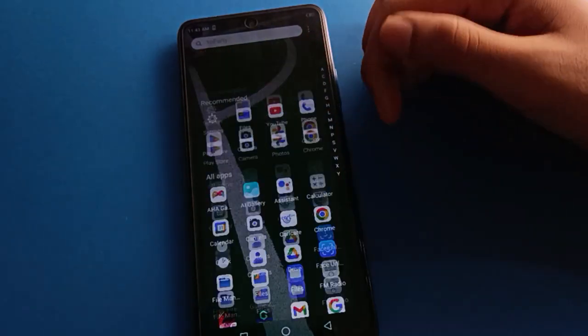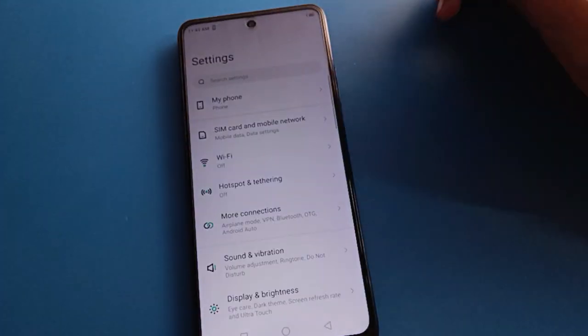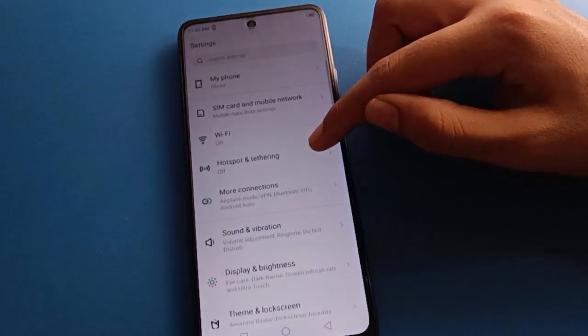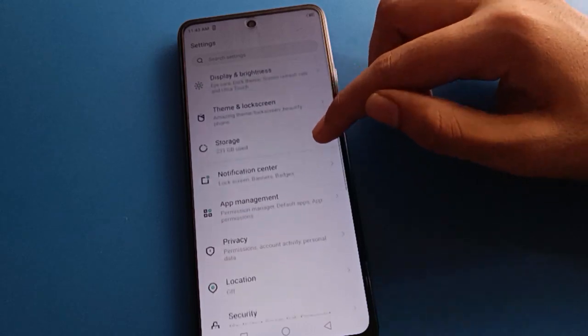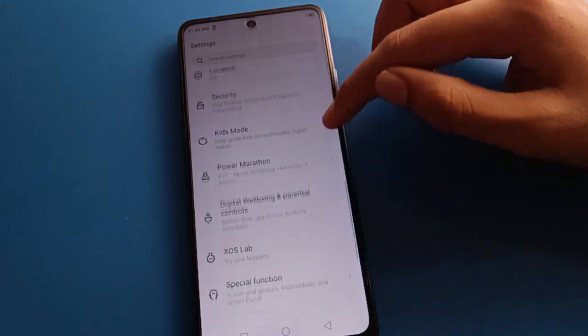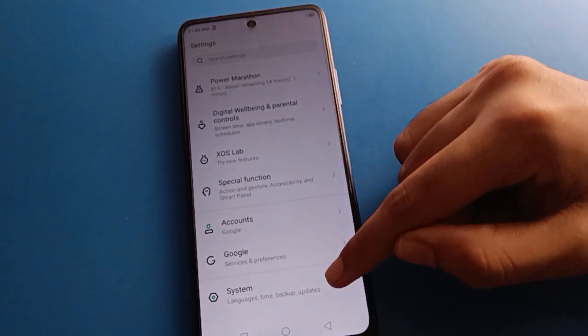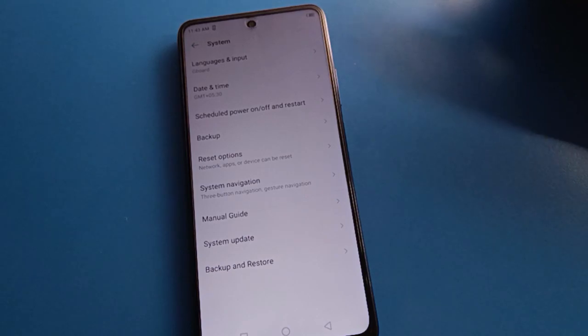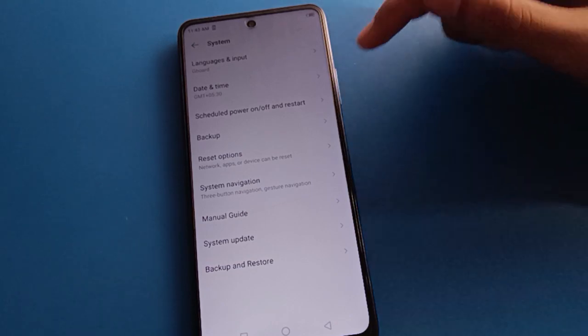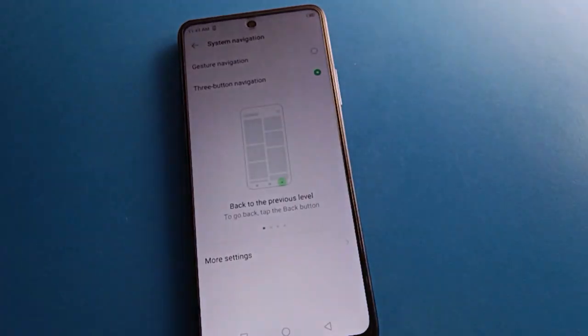So open your phone setting friends. After that, open your phone system setting. After opening phone system setting friends, you can see this type of interface in your Tecno mobile. So friends, you can set date and time, language setting, you can use backup setting friends, you can use from here. So friends, click here system navigation setting,